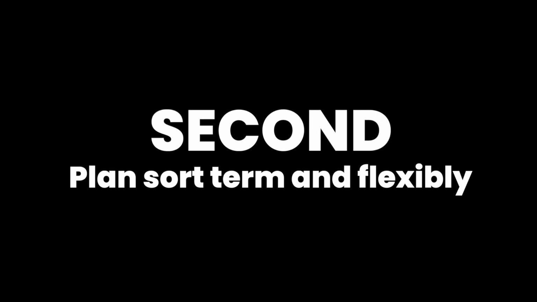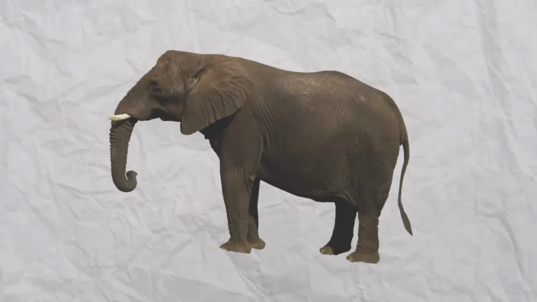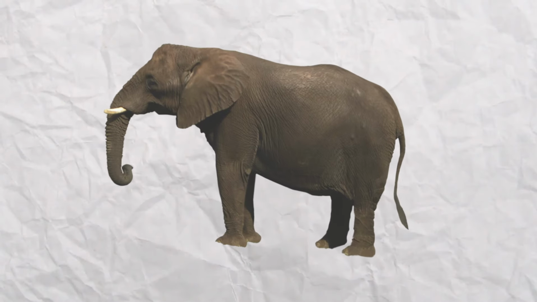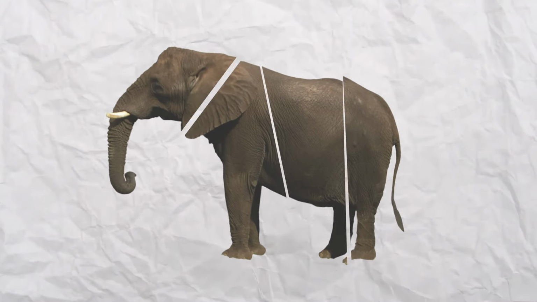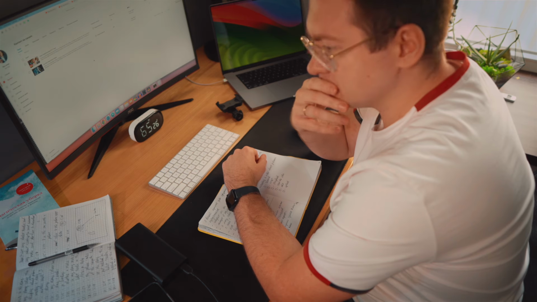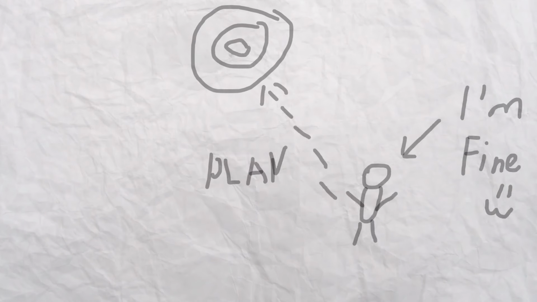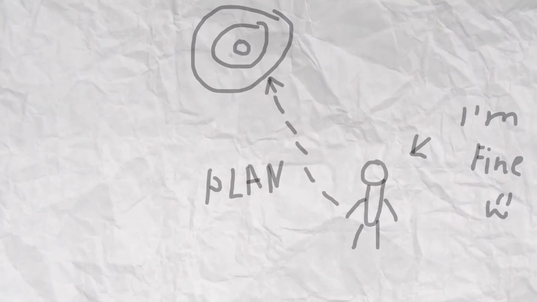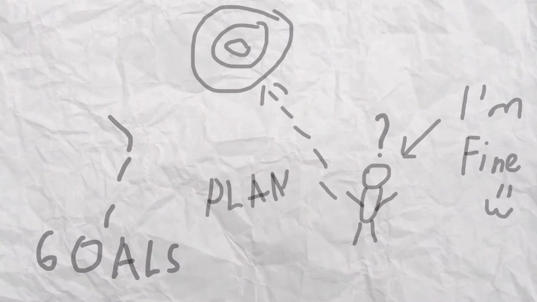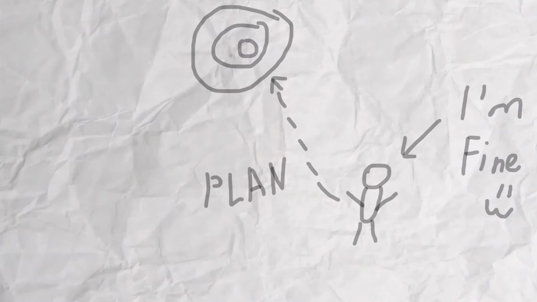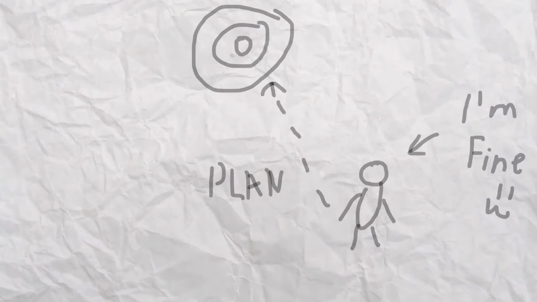Plan short-term and flexibly. I'm convinced that to achieve any major goal, it's essential to break it down into tangible, smaller sub-goals and tasks. Equally important is choosing the right planning horizon. For me, goals are merely a guidepost and direction of movement, while planning is the specific map of steps and actions. Goals can be set for a year, or even 5 or 10 years, but I see no sense in planning for such an extended period.